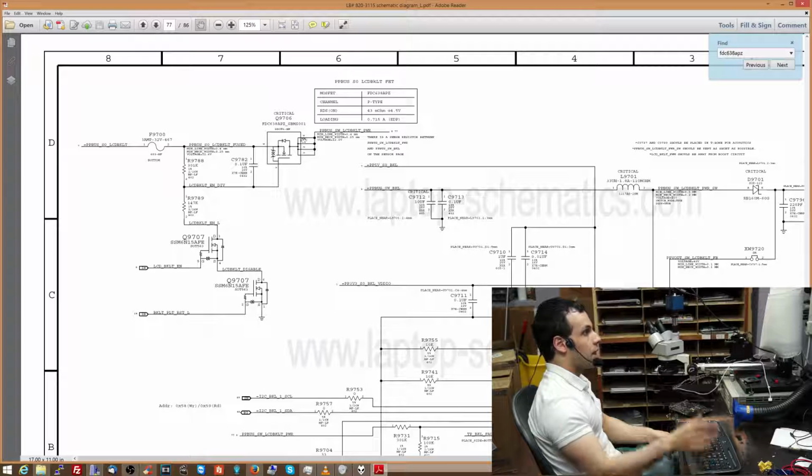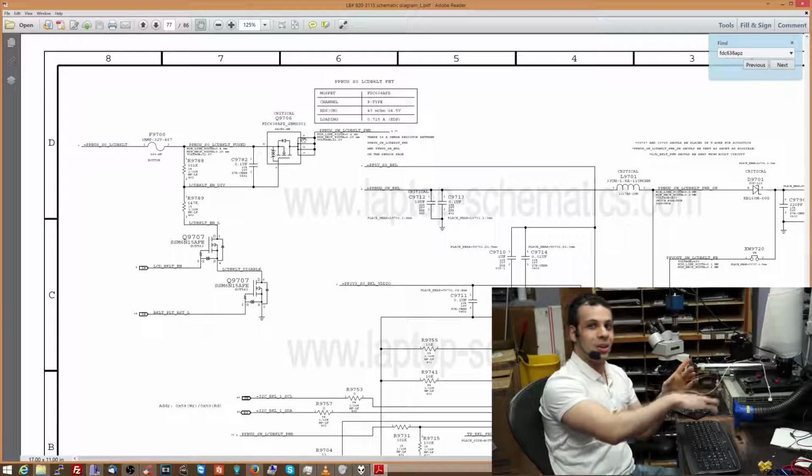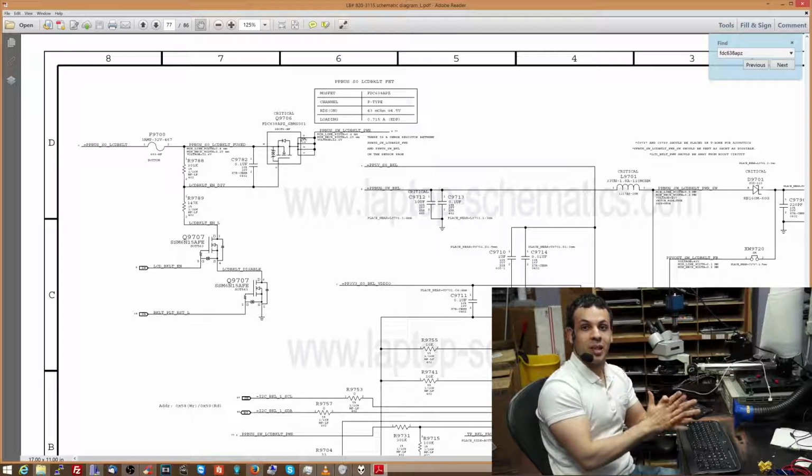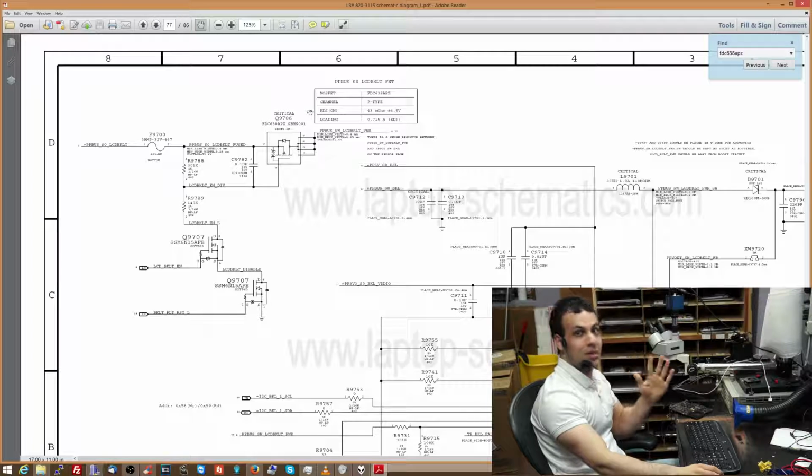Now, there are 2 different types of MOSFETs. There's a P-type and an N-type. And again, let's forget about that whole holes versus electron flow versus silicon dioxide stuff for a second, and let's just explain this the way it actually is. This is going to seem silly because it really is this simple. This is a P-channel MOSFET. What that means is that when the voltage on the gate is lower than the voltage on the source, it's going to allow the source to flow to the drain. So the backlight 12 volts, the input voltage over here, is going to be allowed to flow into the backlight circuit when there is no voltage on the gate.